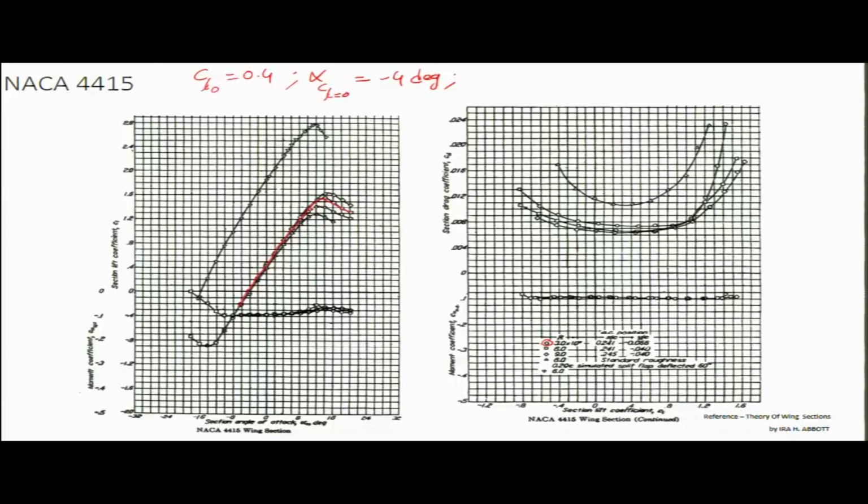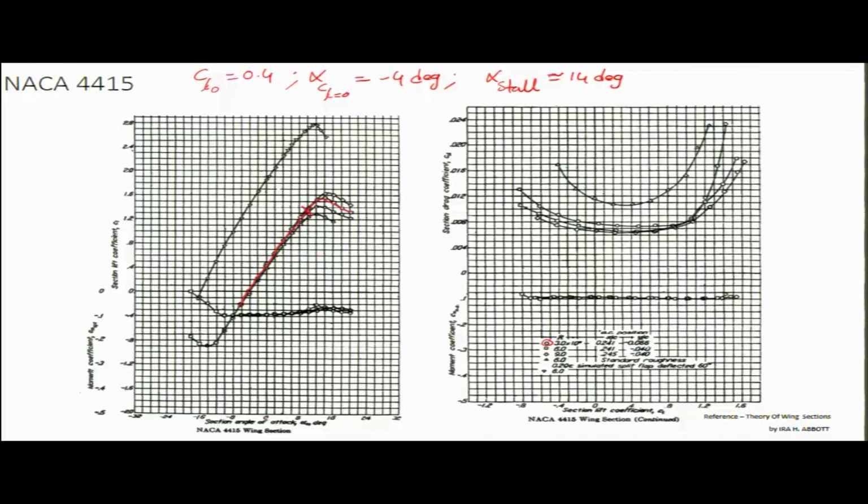So here we can observe this is linear up to this particular point, beyond which there is slight non-linearity, and then a stall occurs at an alpha of 15 degrees, 14 degrees, say we can say alpha stall is approximately 14 degrees,